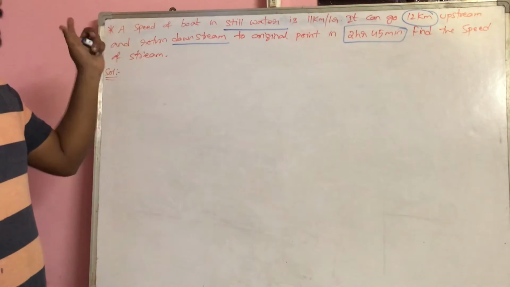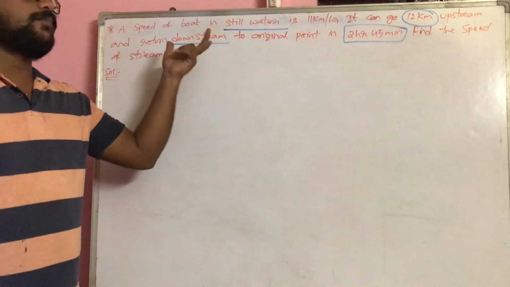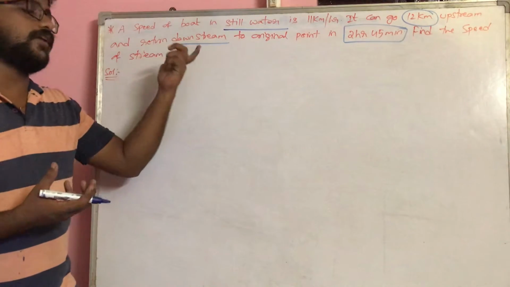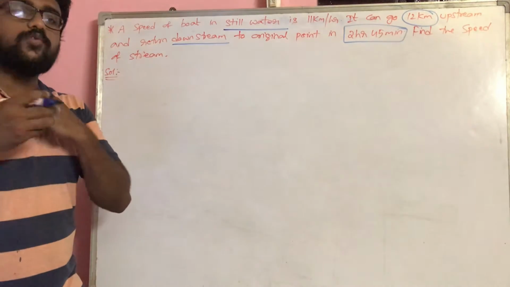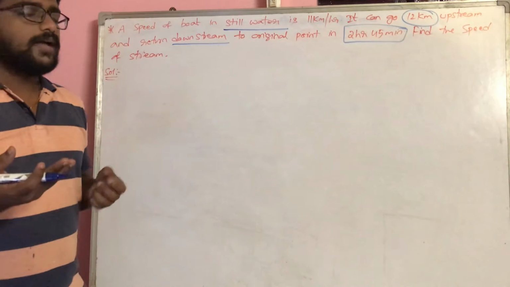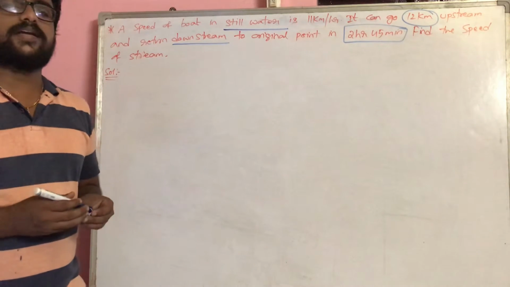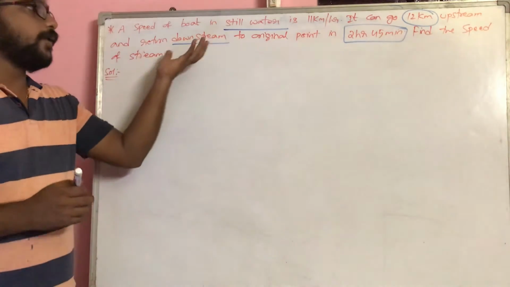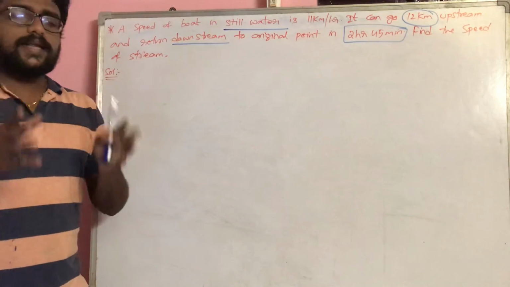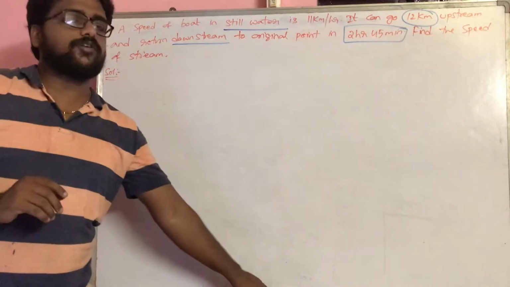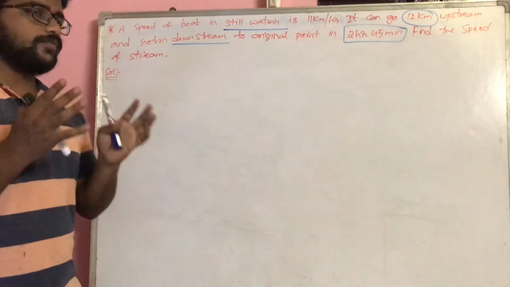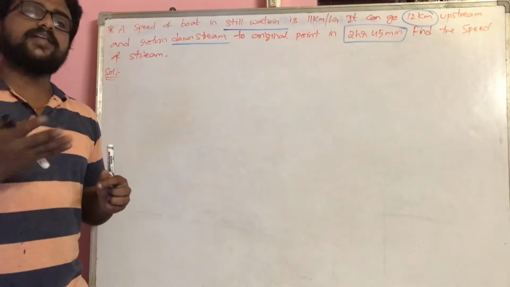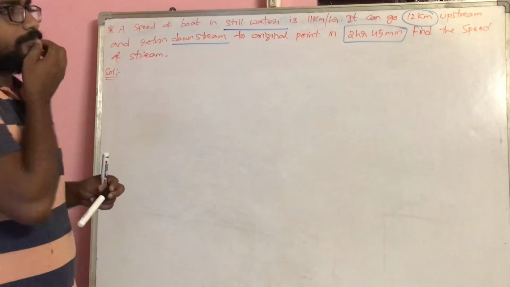So see, the reason for me to underline or mark these things is that this is the crucial information from the question, from which we have to start thinking, and then we will arrive at the answer in a correct way. That is the reason why I underlined or marked these points. And also in the examination you should be able to focus on these things, where you will get the correct information and the correct understanding of the question that will lead you to the correct answer, right?